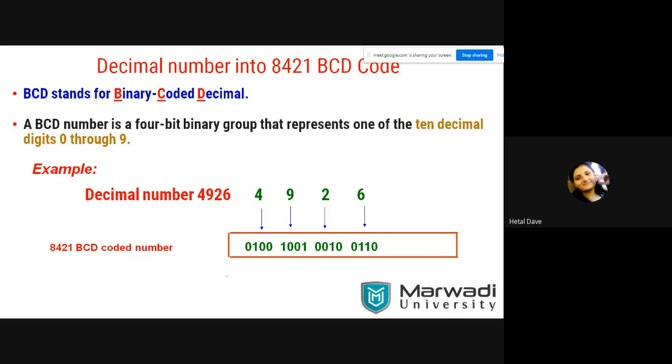Applications are different. Whenever you want separate digits displayed separately, at that time we need to send a separate code for each and every digit. Let's say 4 has code 0100, so this LED will be either on or off based on this pattern. The 9 code will be sent separately. So on the display we can see 4926. To make the LED on and off there is a circuit behind it, which we will see later on.